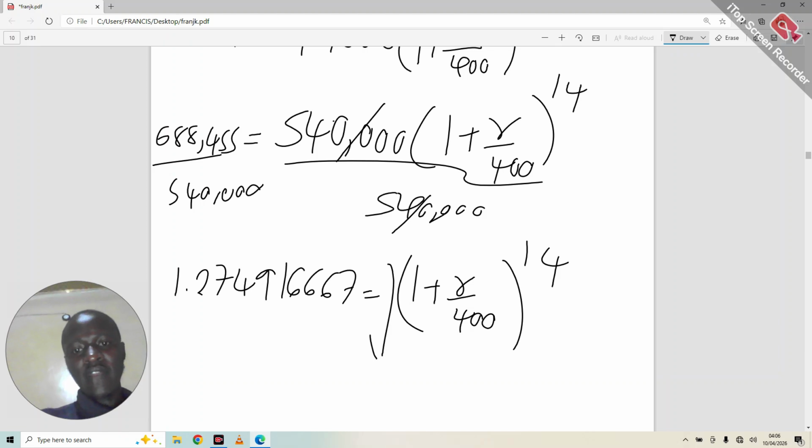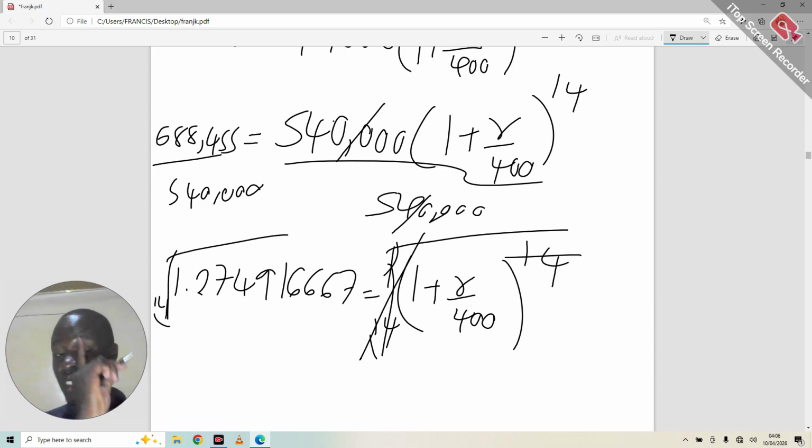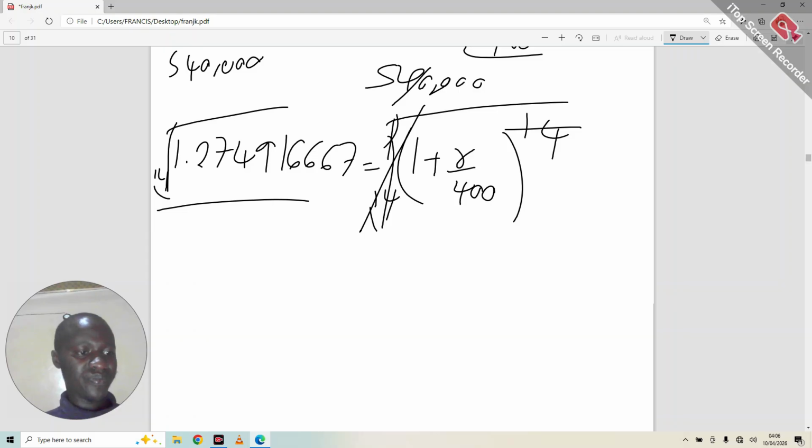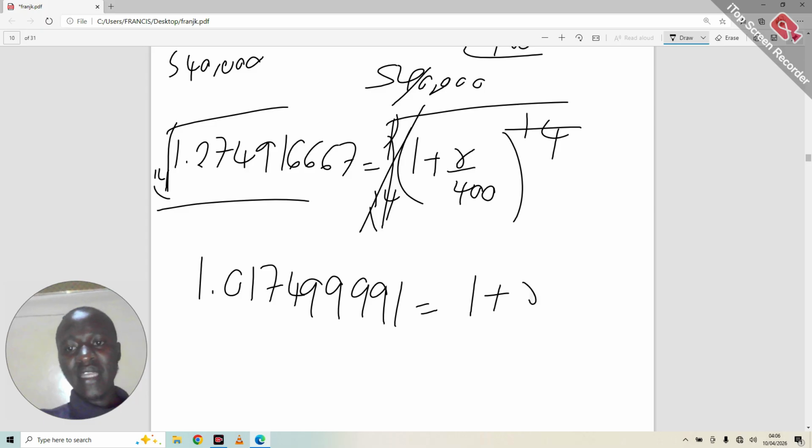How do I remove that 14 thing? Get the 14th root of your answer. So the 14th root cancels the power 14. So what's the 14th root of the bracket thing of this part? What's the 14th root of that part? So we shall have 1.017499991 equals 1 plus r